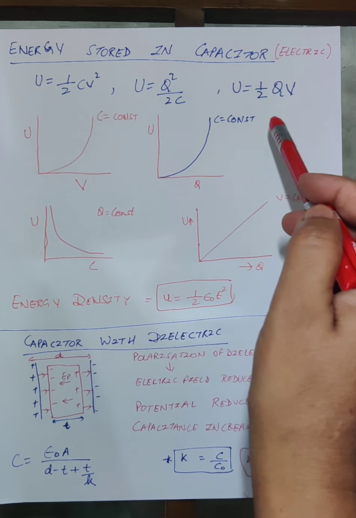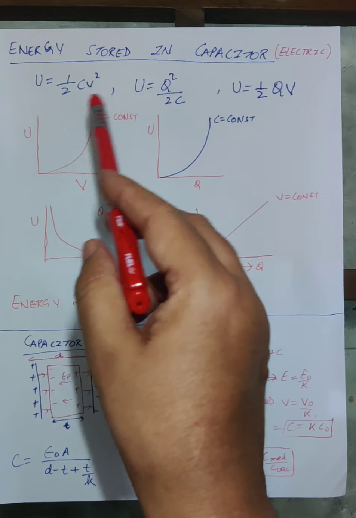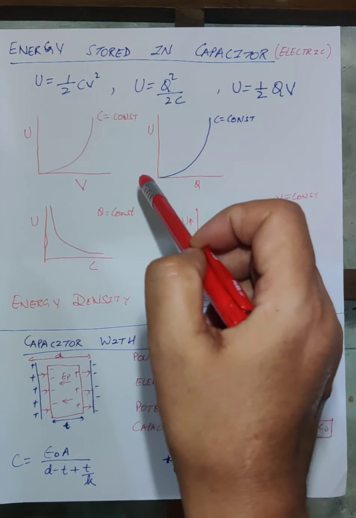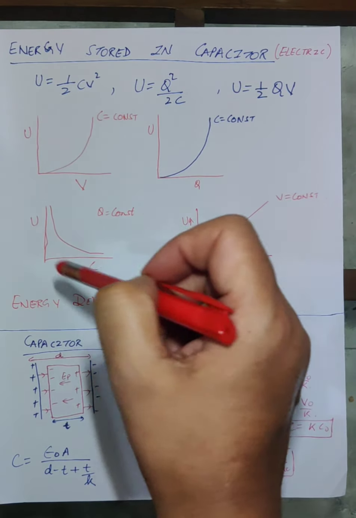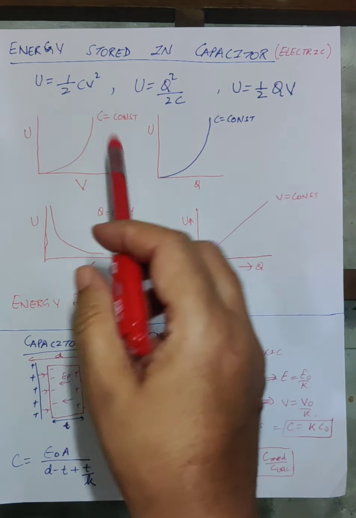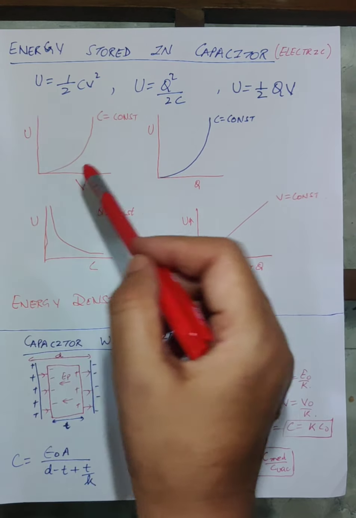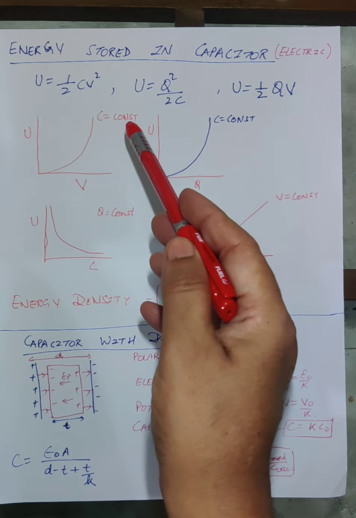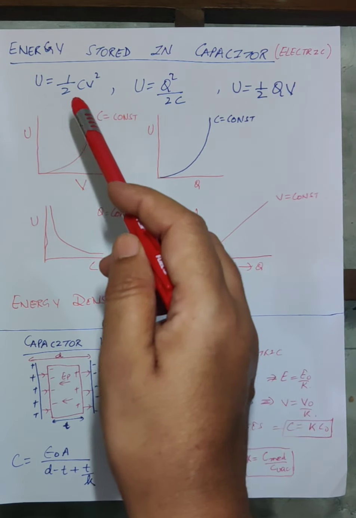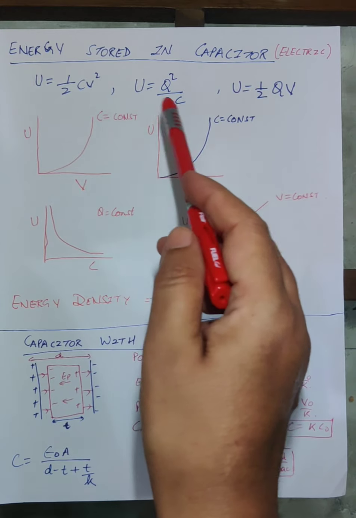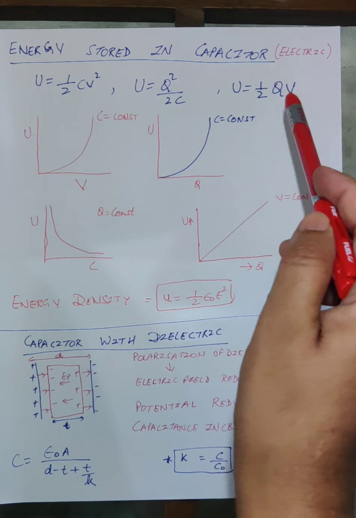So these are the three important formulae, but generally we use these two formulas: U is equal to half CV square and U is equal to Q square by 2C. Now children, see that based on this energy you can be asked different types of graphs. If a graph is being asked, you have to plot a graph between energy and the potential difference, keeping C constant. In all three formulas you have three variables: in the first, U, C and V; in Q square by 2C, U, Q and C; and U, Q and V.